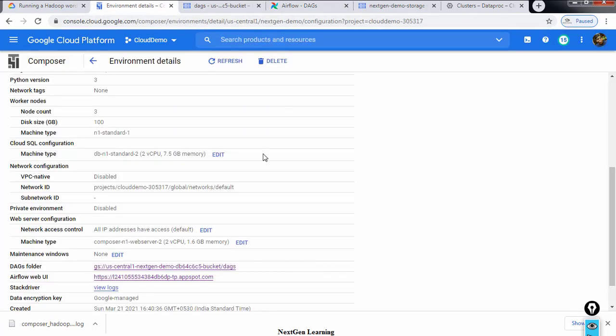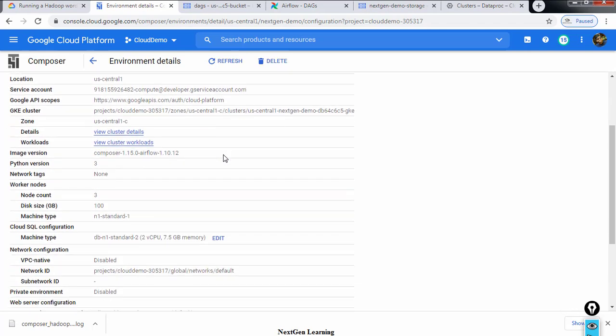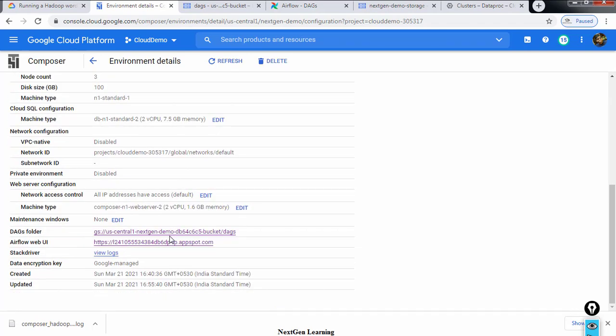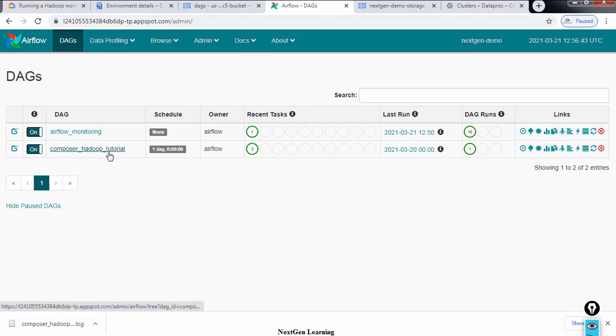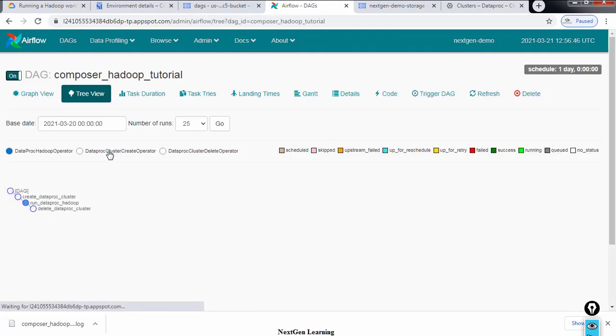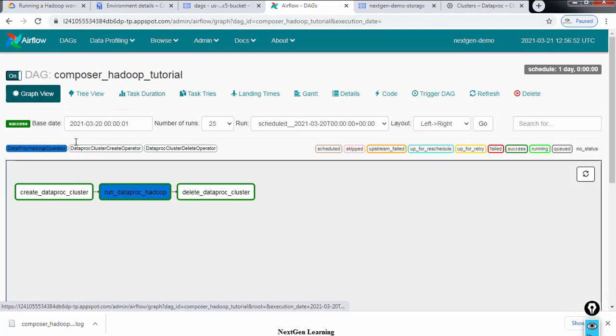This is very easy. The first step is to deploy an environment. Second is generate the Python file for defining your workflow and keep that Python file in this location. Then if you are using some variables, use the Airflow Web UI and add those variables. The next step is to make those changes in the Python code. Once this is uploaded, you can see in the DAGs list whatever Python file you have uploaded, and you can see the status and view the detailed log. There is a graph option, tree option, and these are available. You can explore each and every feature later, but this is just an